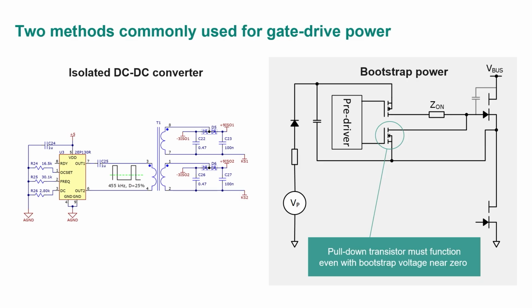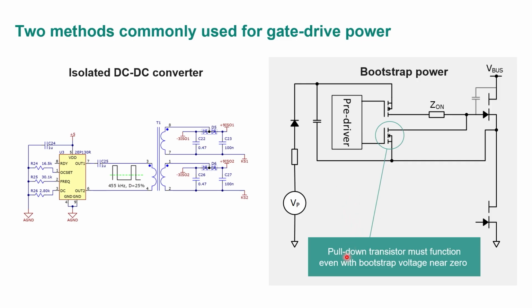And now the question is, how do I power the gate driver? There are 2 fundamental methods. The most common for high power use is using an isolated DC-DC converter. This is a little power supply for the gate driver. It's an oscillator and driver, and then a little transformer and rectifier. There are different ways to do this. We have application notes that show more specific detail, but don't worry about those details right now. The important thing is that these are both floating DC outputs, so they can move up and down easily as the transistors switch.